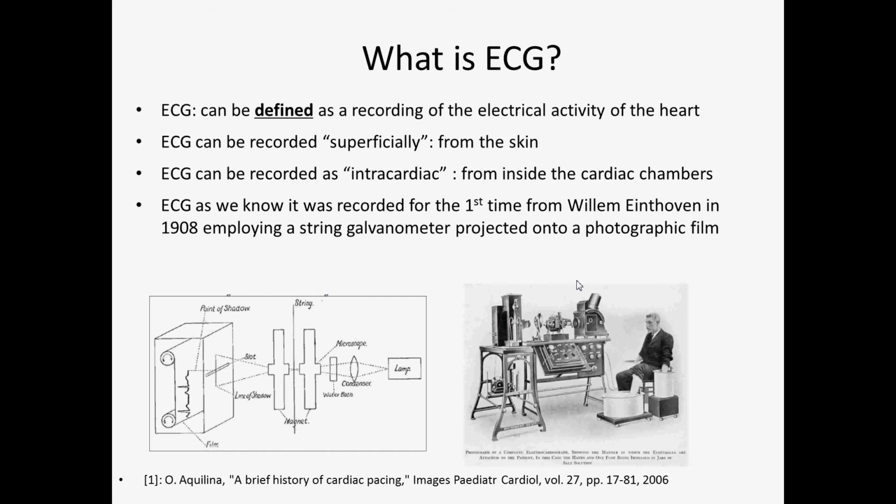And the amplifier didn't exist at the time, so it was an electrometer, like a little needle that was moving with the charges from the body. And because these movements were so tiny, the movement of the needle, they were amplified by means of light and projected onto a photographic film,